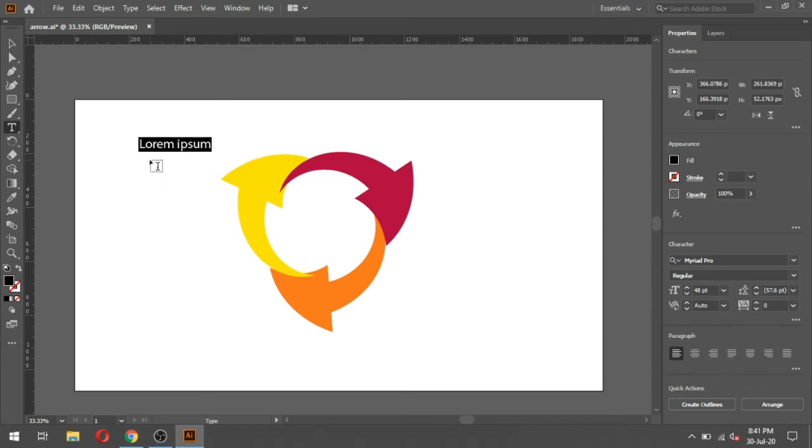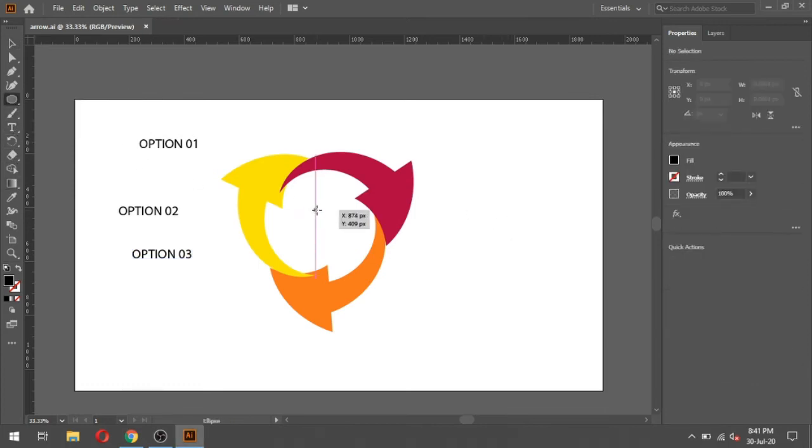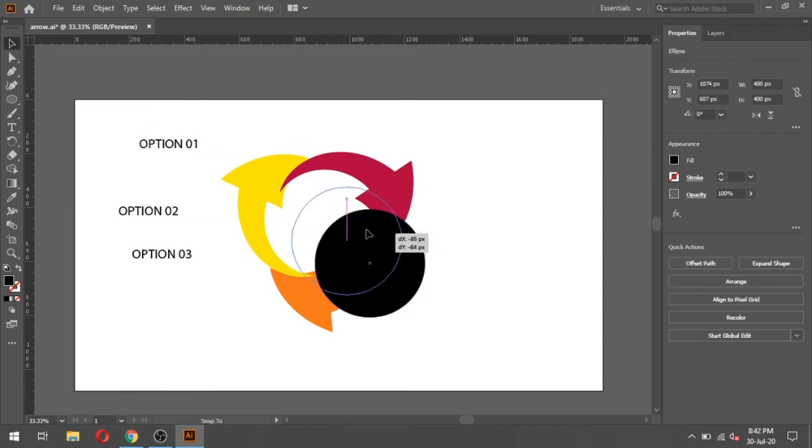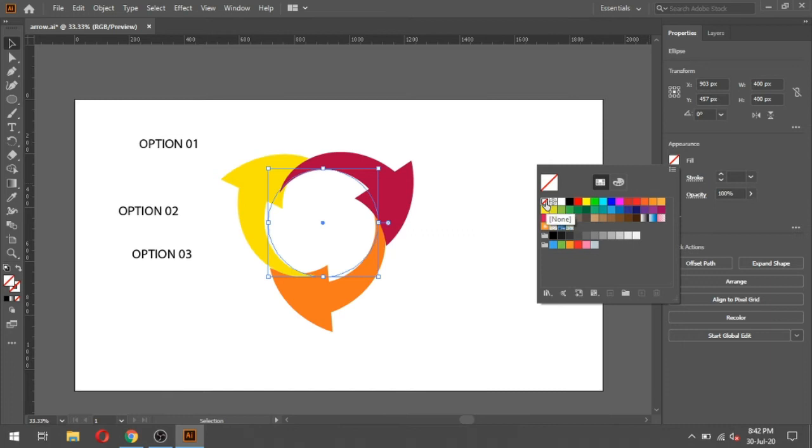Now write our text. You can choose any text or any font style. Copy paste and copy paste. Now create a circle. Hold on the Shift key and draw the circle in ratio. Fill color none.